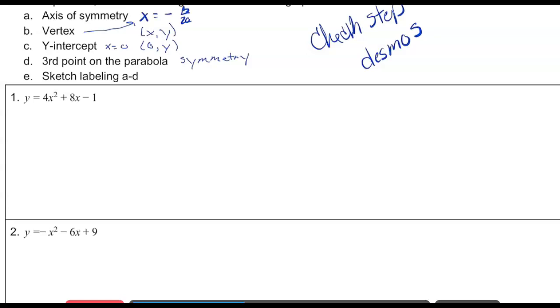All right, so we're going to take a look at number 1 here. Number 1 says y equals 4x squared plus 8x minus 1. That's a quadratic. I know that because of the x squared. Sometimes it helps if we think about it by writing the standard form as we're getting practice of using the quadratic formula. So I might write y equals ax squared plus bx plus c